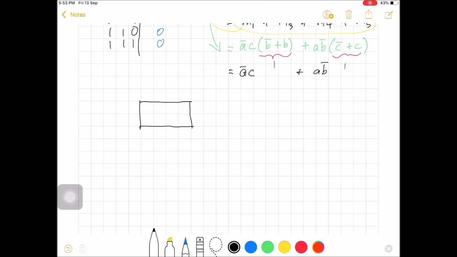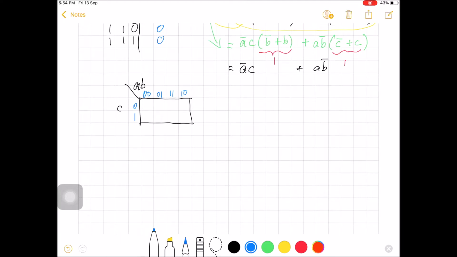Let us assign the variables A, B at the top of this map and C at the left side of this map, and we list the column index according to the gray code, such as 00, 01, 11, 10,